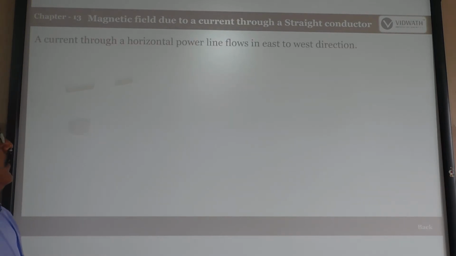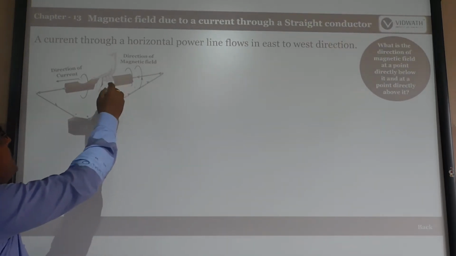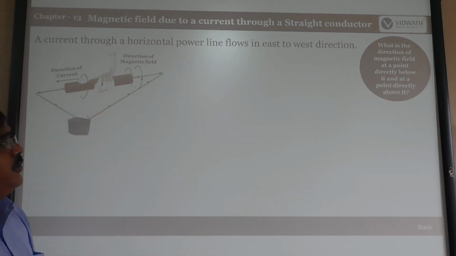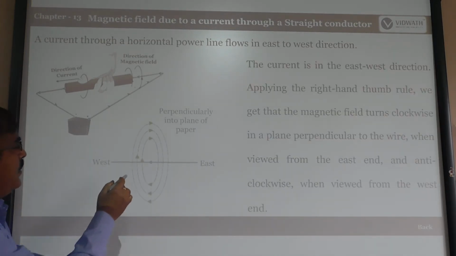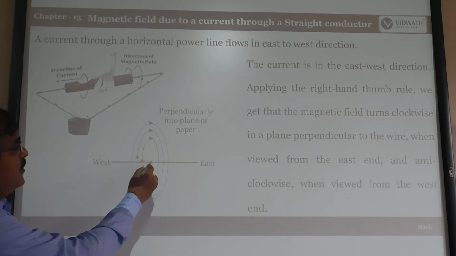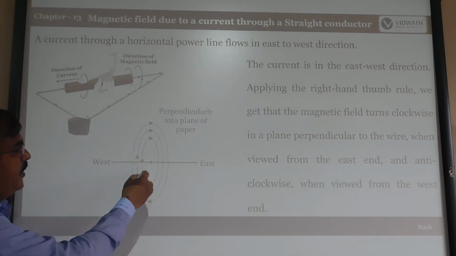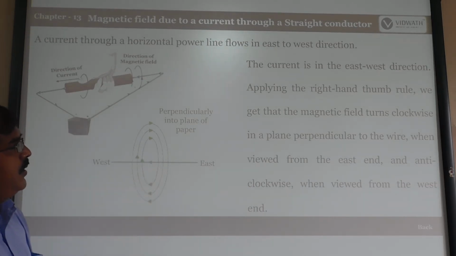So next one is, see the direction of the horizontal power lines go in the east to west direction. So this is the magnetic field. The direction of current is always what happens here? It should be shown in the east-west direction. So from east to west direction it can be seen. So see here, this can be taken as a circular coil. That is the number of turns presented there. So that should always move in the east to west direction.